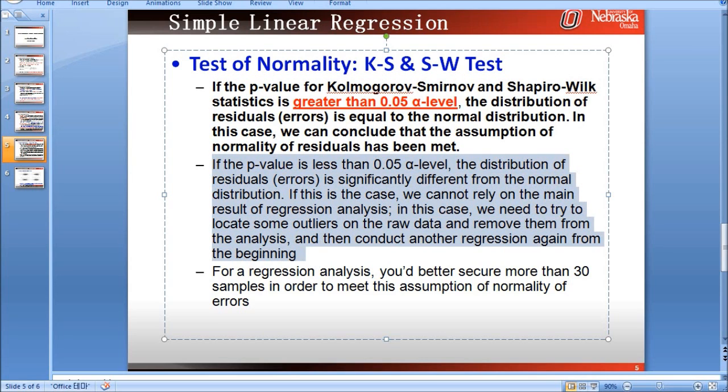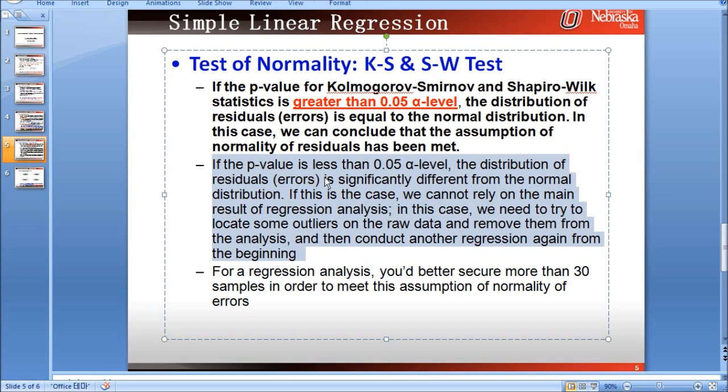If the p-value from this KS and SW test is less than 0.05 alpha level, the distribution of residuals, the distribution of estimation errors or prediction errors is significantly different from the normal distribution. In this case, we cannot rely on the main result of regression analysis. You know, the regression equation.